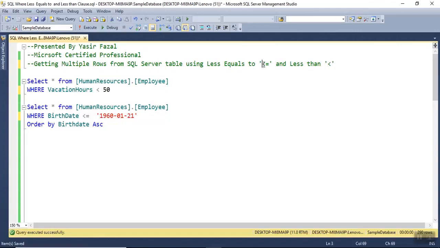Today's topic of discussion is how to get multiple rows from a SQL Server table using the less than or equal to sign and applying the less than sign. This is the symbolic representation of less than or equal to, and this one is the symbolic representation of the less than sign. So without applying any kind of predicate logic, first I would like to see how much data is present